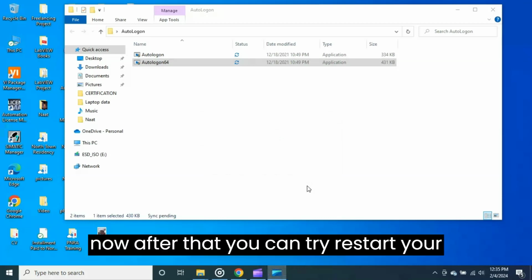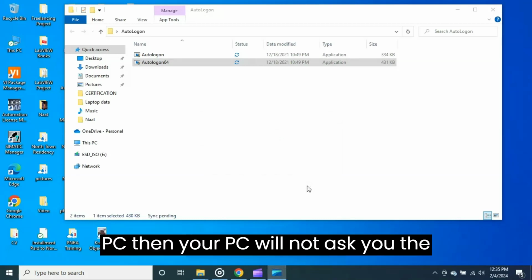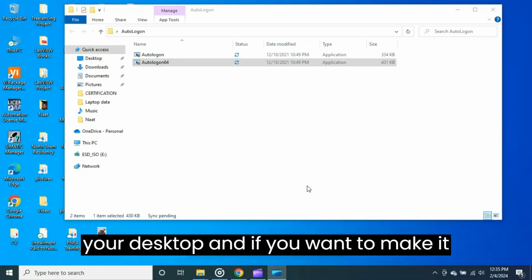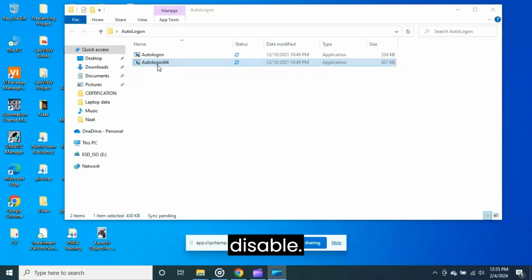Auto login successfully configured. Note the auto login password is encrypted. Now after that you can restart your PC, then your PC will not ask you for the password, it will automatically log in to your desktop. And if you want to disable it,